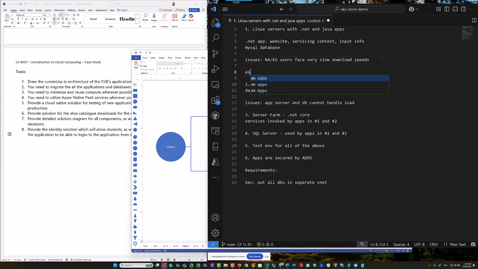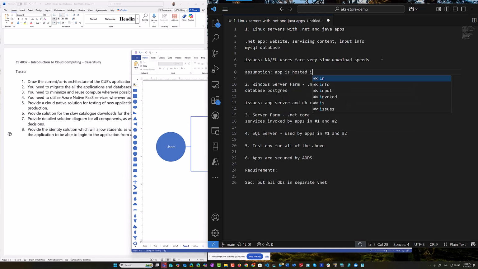We'll say assumption, because if those are the two regions accessing it, that means it's pretty far and the size of the content is pretty big. That's why download speeds are slow, because our data center is very far from them, or latency is quite high. So we'll say assumption: app